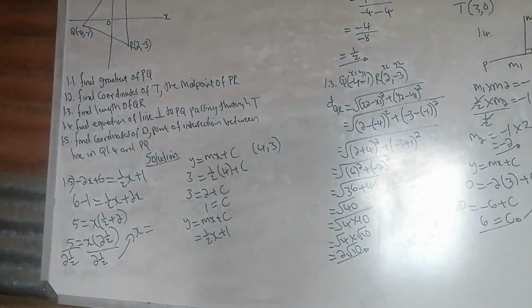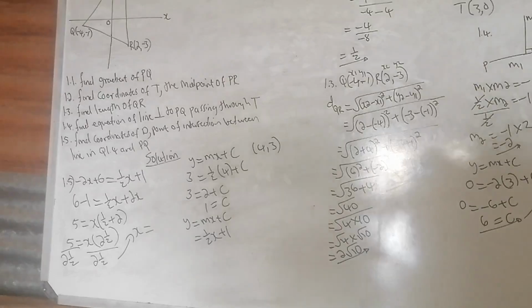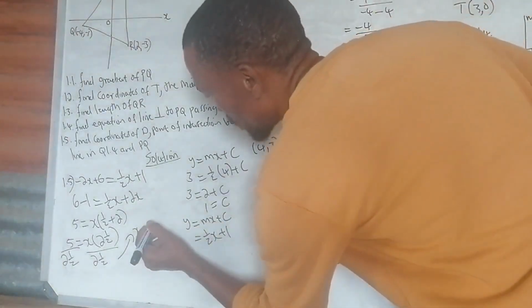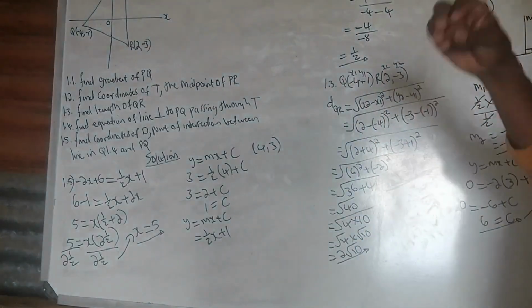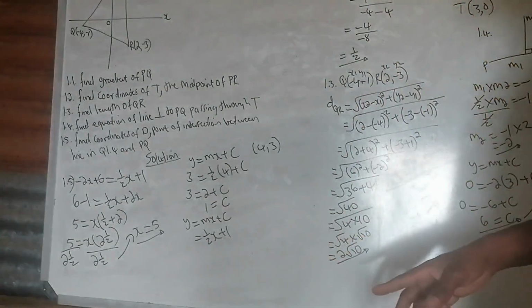The value of x is 5 divided by 2.5, which is 2. Okay, we get x as 2, but we must still find y because I want the coordinate. Secondly, for x, you go and substitute anywhere